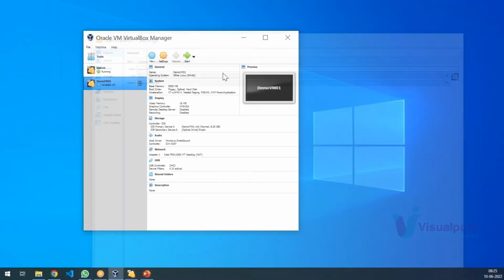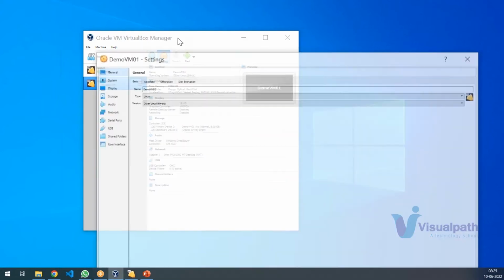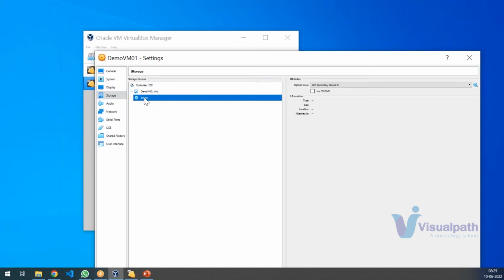So you have to open it. You will not see this test VM. This is because I created it. You can create a demo VM, and then you have to go to settings. So what is the first thing that you do when you boot a fresh VM or boot a fresh OS? You have to give a bootable disk or ISO image, or you need to attach a CD. So what you do is you go to this empty portion here,